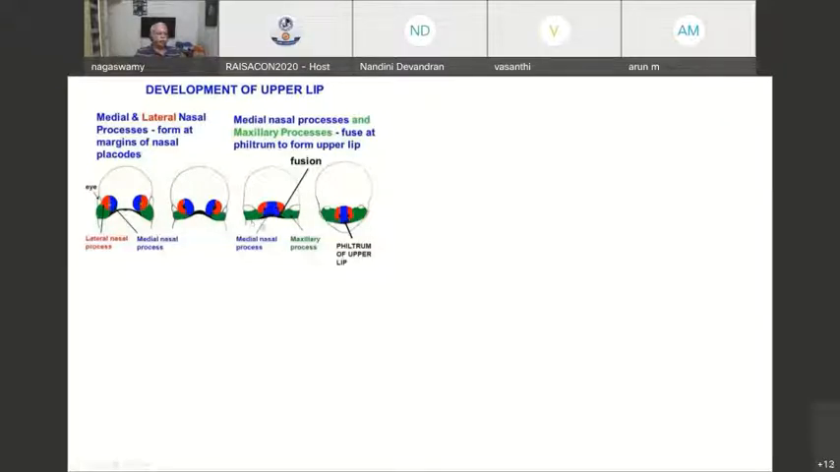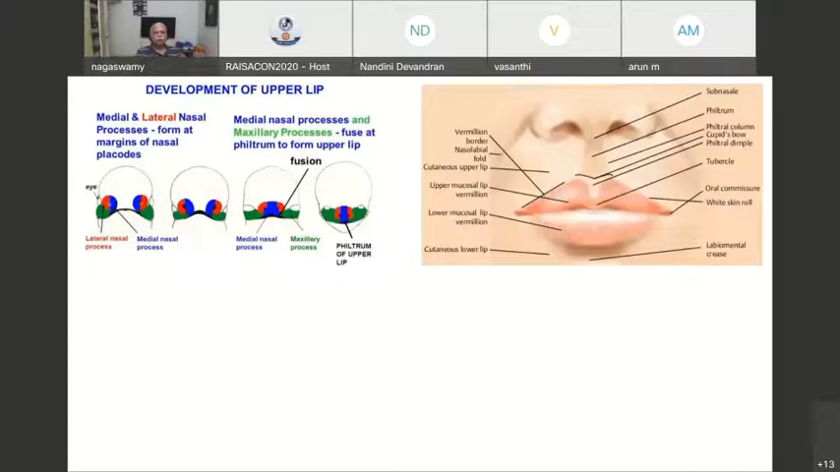So maxillary bone, medial process and lateral process on one side, combining or joining with the same similar structures on the opposite side results in the normal formation of the lip. If they don't join like this and they fail to fuse like this, then you get what is called a defect or cleft in the lip. So this is the picture to show the normal